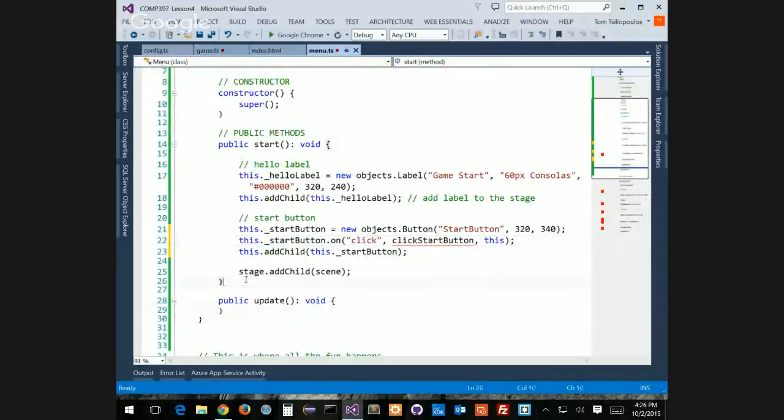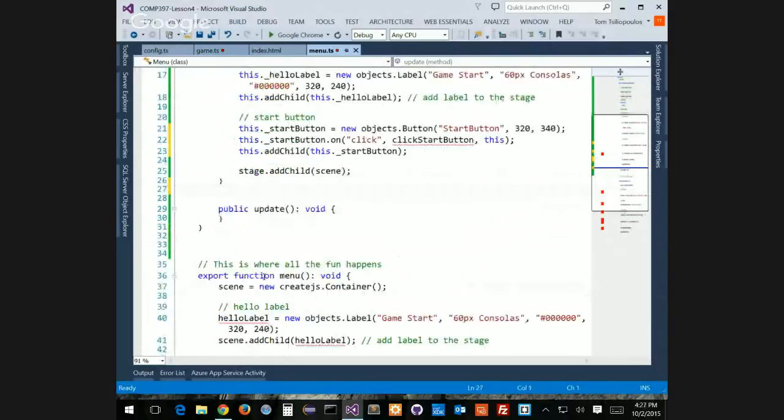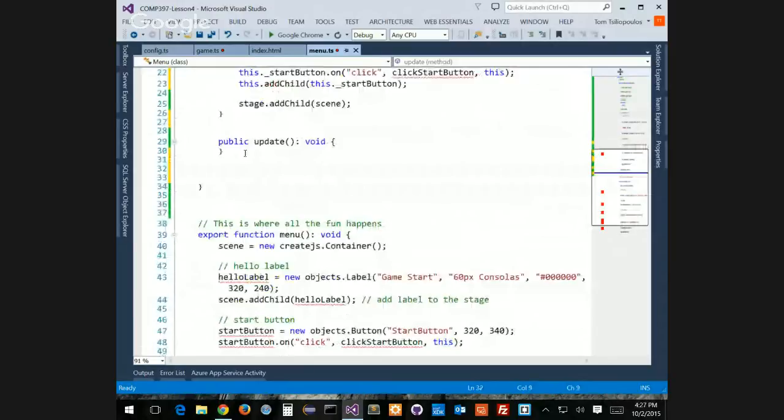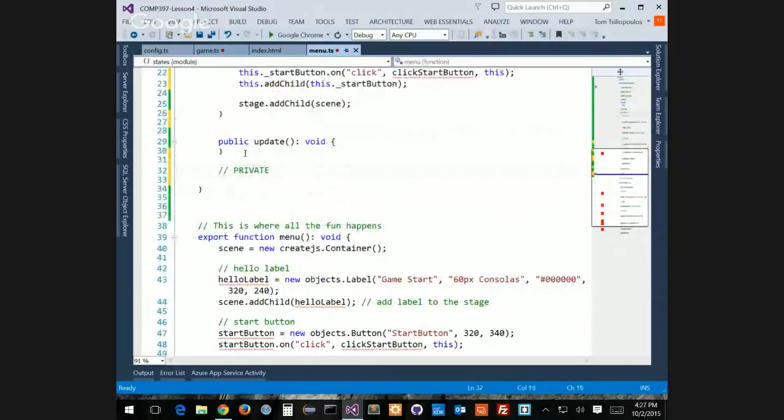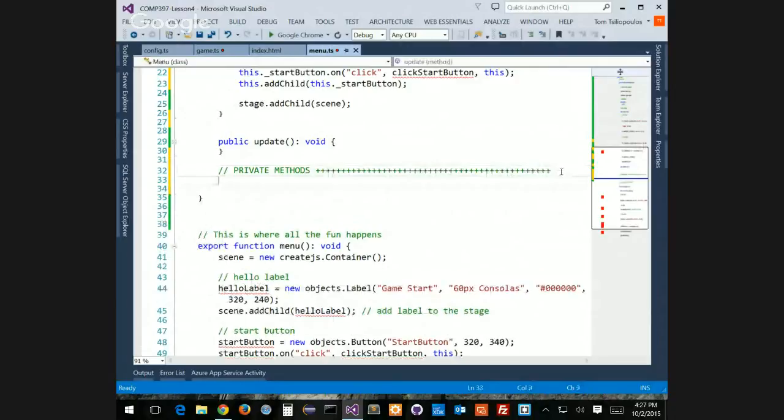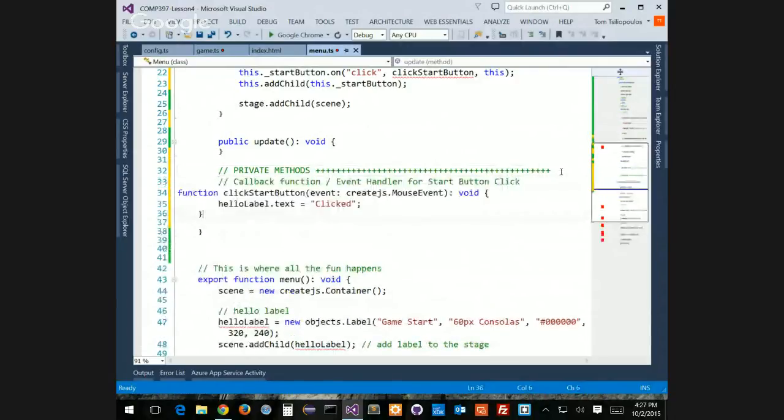It's my public, my private method. I'm going to create that in another space underneath my public update method, right, which I haven't filled in yet. I'm going to make another grouping down here, which is going to be called private methods, that I'm going to call only for my function, right? My private method. And inside here, I'm going to kind of copy and paste from the other thing. So this is my function, right? But I'm going to get rid of the function because that's a method, right? Here's my method, private